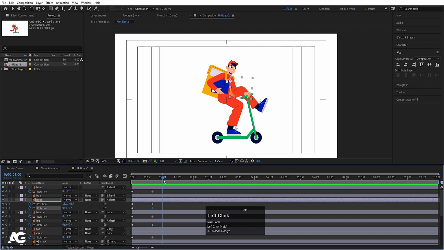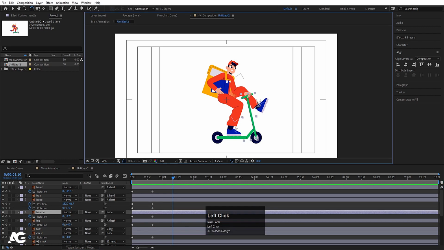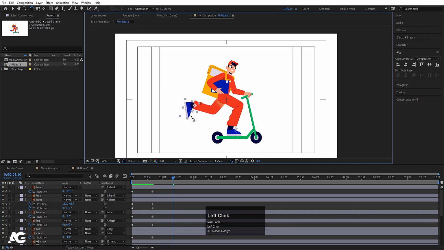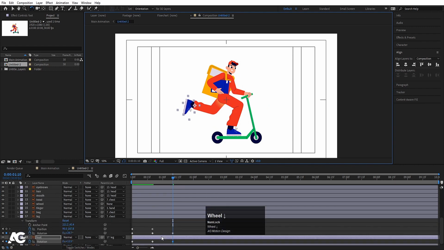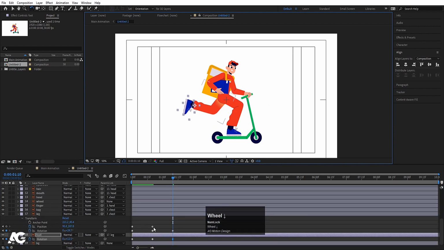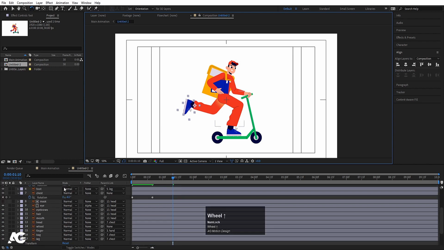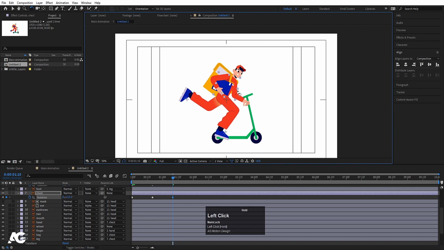Now after this, I'm gonna select this leg and let's rotate it completely like this. Select this and let's rotate it like this. It will automatically create one keyframe at their respective points. Then we need to select our chest and we need to rotate it like this. We need to select this hand, we need to rotate it like this